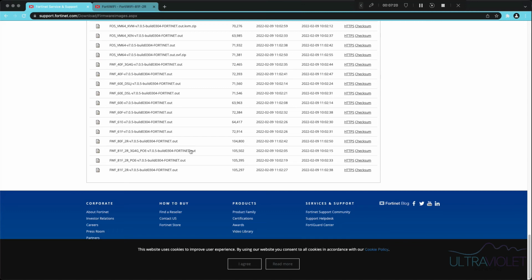So if you take a look, you have a number of different ADFs here, or FortiWiFi ADFs. There's the FortiWiFi 81F 2 radio, and the 2 radio 3G/4G, so that has a built-in LTE modem. There's an 81F 2R PoE, so that provides its own PoE, and then 81F 2R. The 81F 2R is the one I have. It's very important that you download the image that fits your platform,